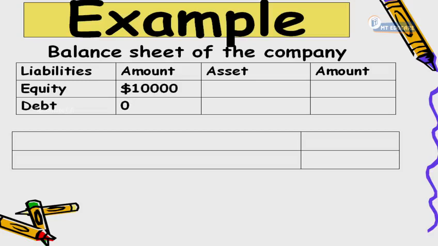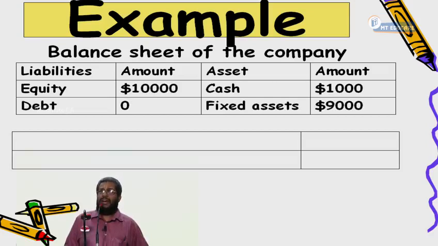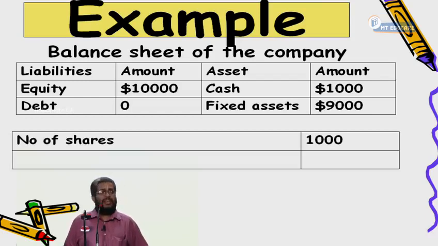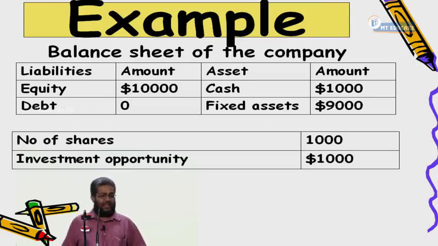A company had equity of $10,000, which is represented by a cash asset of $1,000 and fixed assets of $9,000. It is now having 1,000 shares. It wants to make a new investment for which the money required is $1,000. We saw there are two options for the company. One is to use this $1,000 cash for the new investment, plow back into the business. In such a case, nothing happens. That $1,000 cash becomes fixed assets. The balance sheet becomes fixed assets of $10,000. That's all. Nothing is going to substantially change.